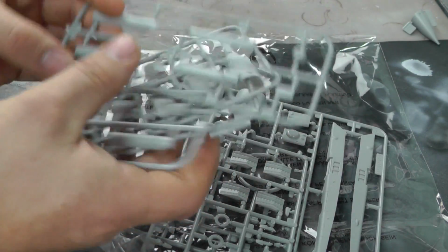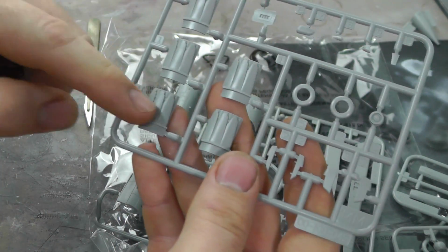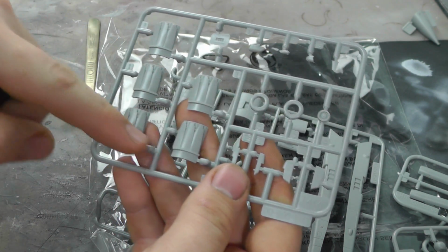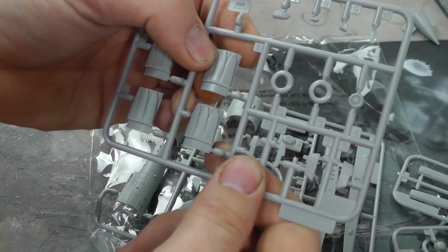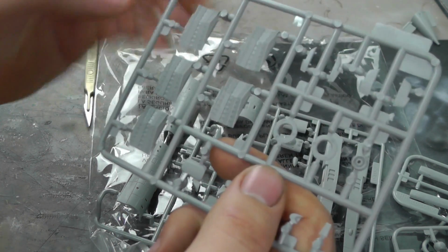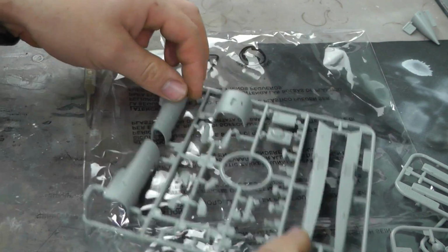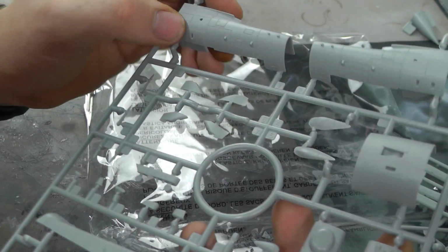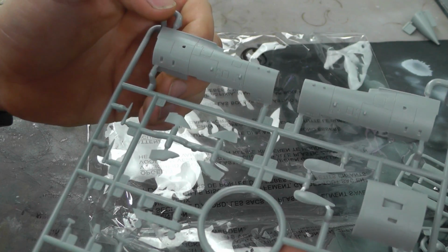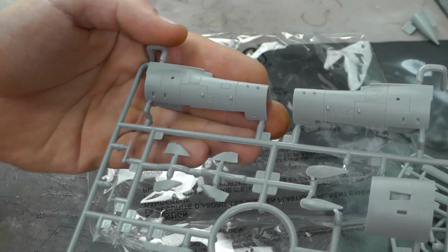Let's have a look at what looks to be our engines just here, which comes in what looks like 5 pieces, but there is a load of nice detail on these engines. You can see that on the inside, there's detail on the inside as well, so engines are looking rather cool. Our air intake area, looking at this, strangely enough, that detail looks a lot crisper